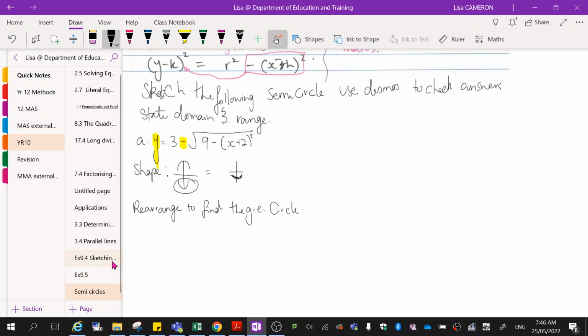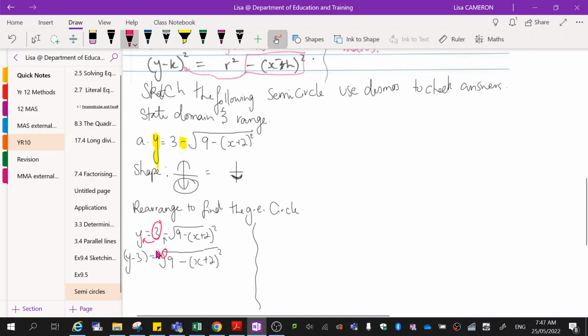Okay, so I'm going to state my equation again. Now, first thing I'm going to take over is this 3, by subtracting 3. So now I've got y minus 3 is equal to, now remember we're going to ignore this part here. So I'm just going to chuck my square root symbol in, minus 9, minus (x plus 2) in brackets. Okay, so next thing I'm going to do, I'm running out of space, I'm going to take this across by